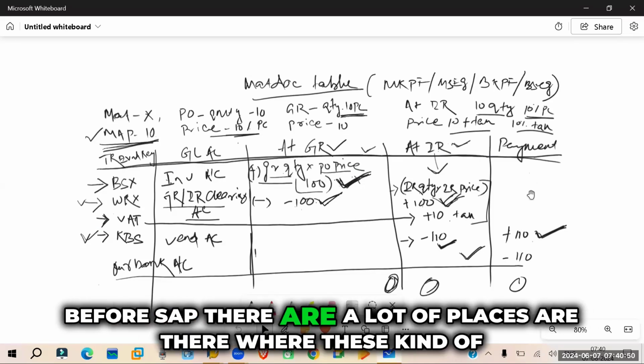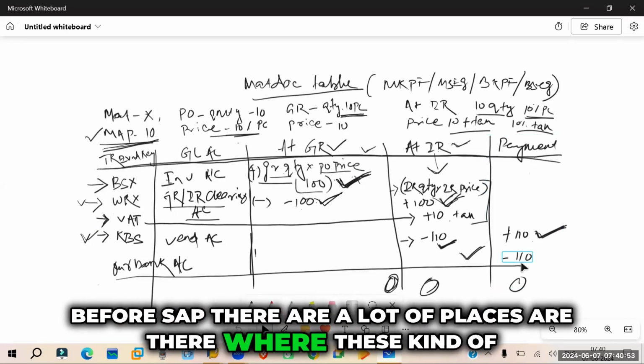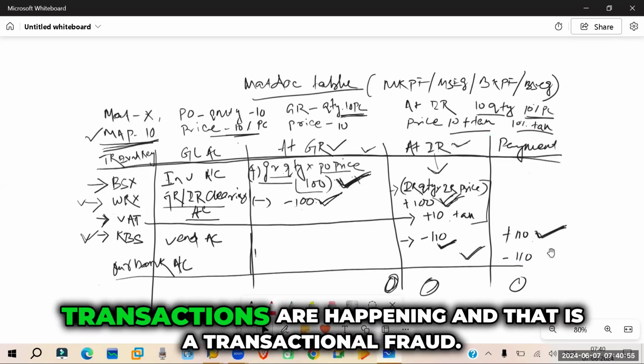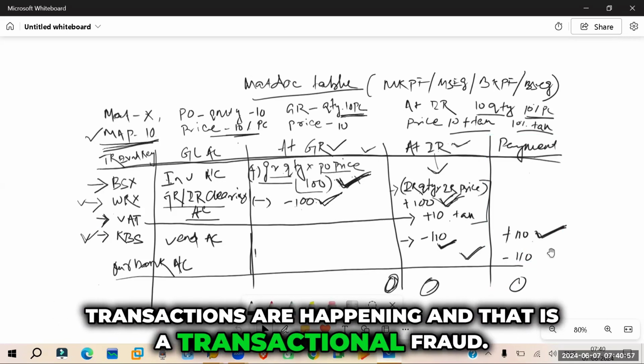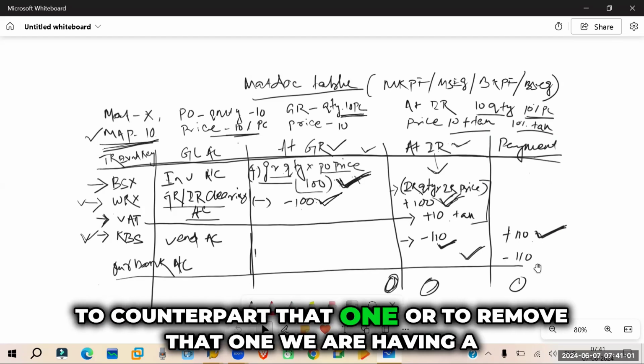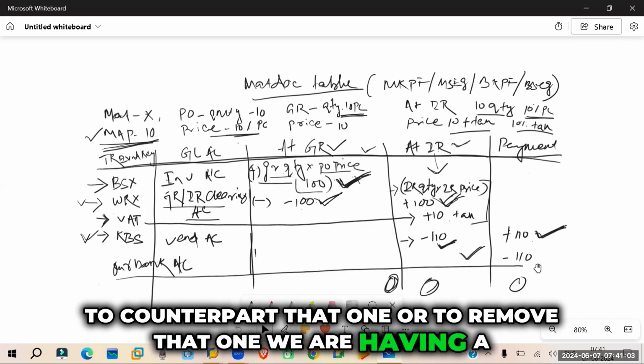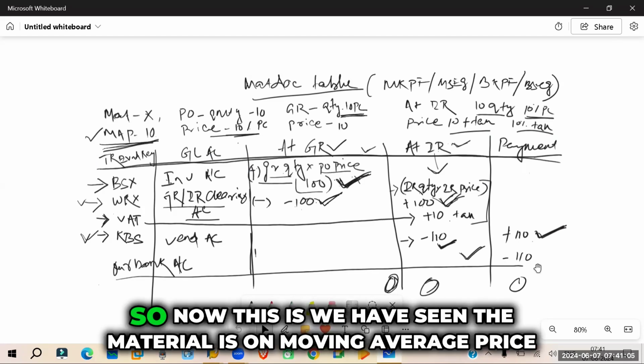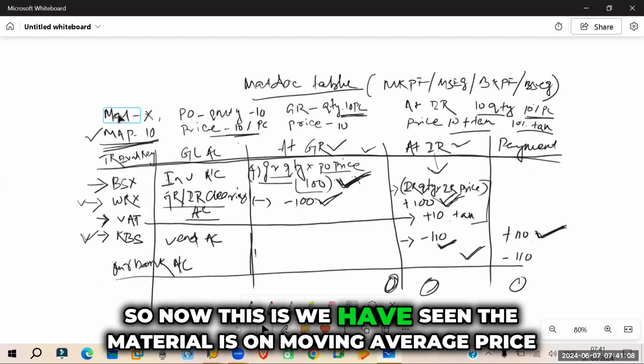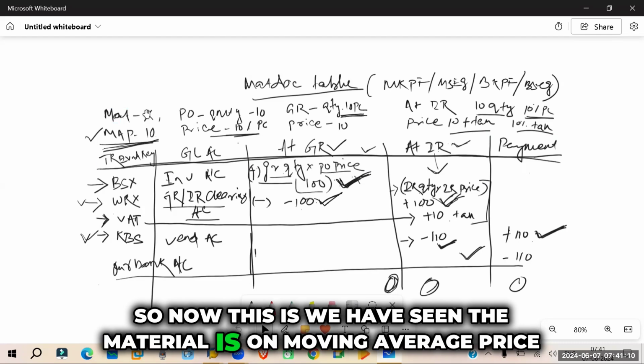Before SAP, there are a lot of places where these kinds of transactions were happening, and that is a transactional fraud. To counter that, or to remove that, we have this kind of process. Okay, so now we have seen the material is